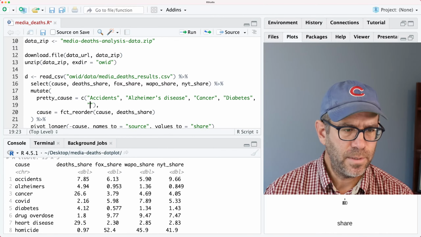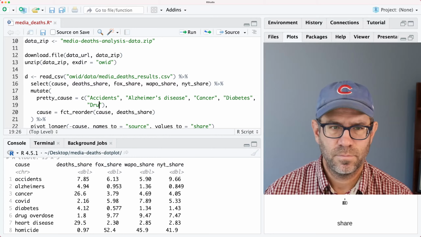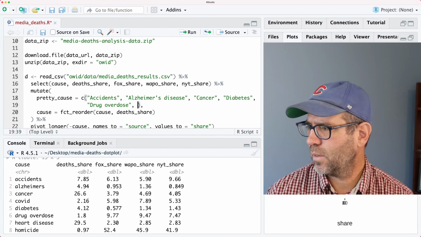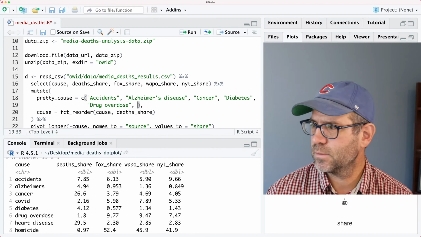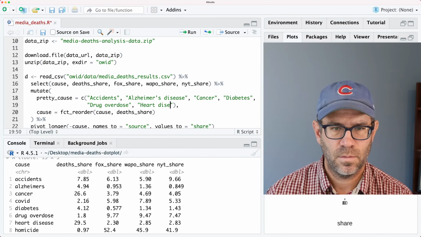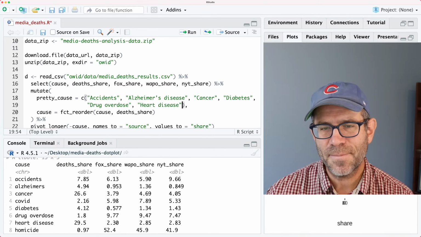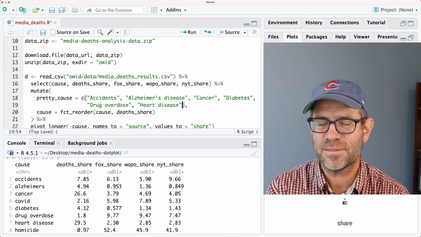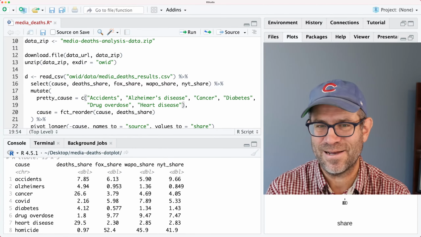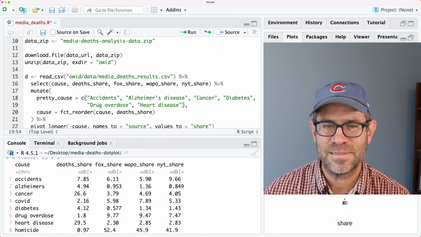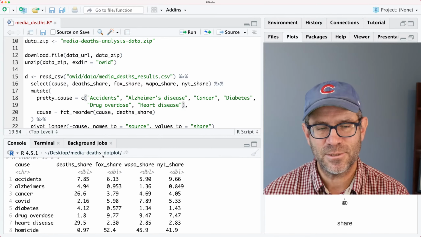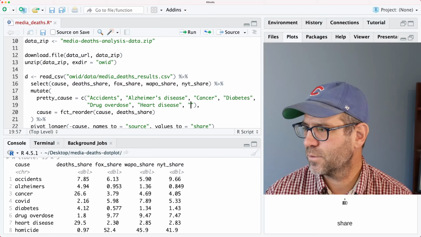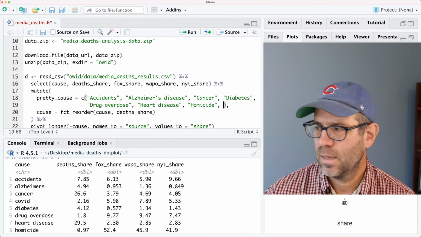And then after diabetes comes drug overdose. And then we have what? After drug overdose is heart disease. And so if the names were written in the cause column, so that all I'd have to do is capitalize the first letter, then I would not be typing these out. But we have things like Alzheimer's disease where we've got that apostrophe s and then we add disease. So I may as well do the whole thing. So then homicide, and then